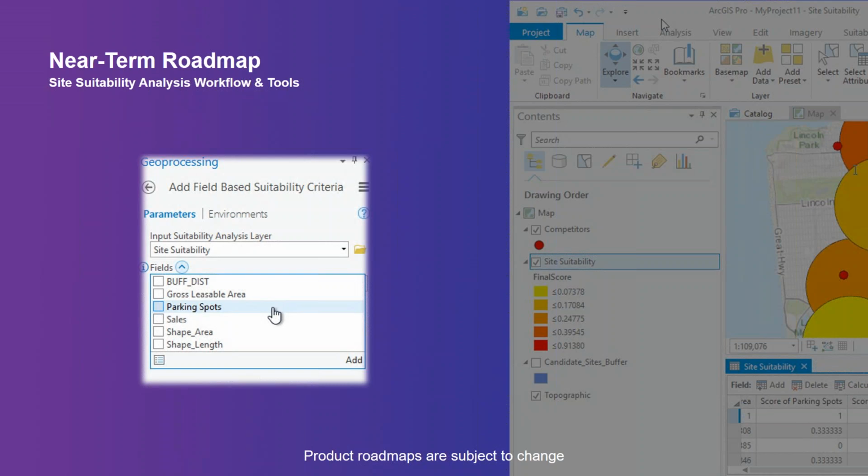And so that could be site-specific criteria like number of parking spaces or gross leasable area. And it can be demographic variables from Esri associated with each of the sites and the area surrounding them and the underlying populations, proximity to features, and also your own data associated with the sites. So an interactive and dynamic and highly visual means to find that suitable site, or at least rank several, so you can make